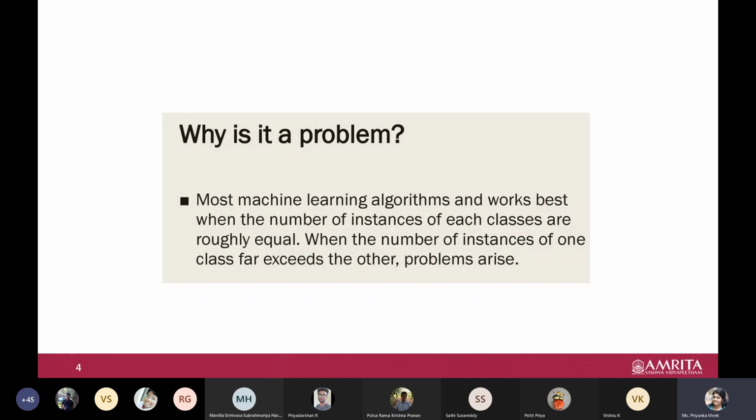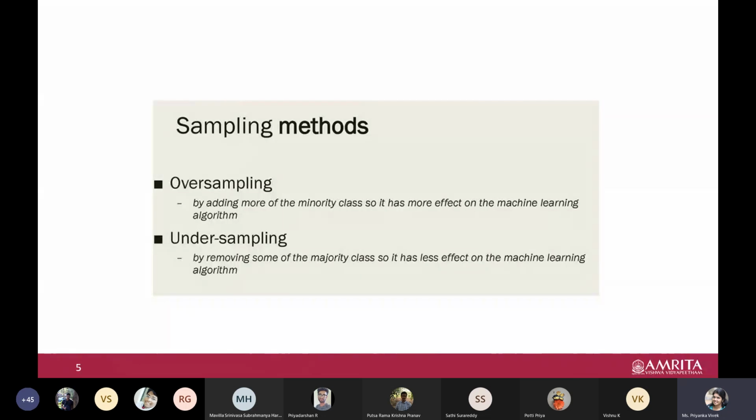In this case it is very critical, because we are actually misleading: the patient actually has cancer and we predict no cancer. But still our accuracy measure would be a good value, because we have a large number of samples in the other class. So your model tries to predict everything as no cancer, because we have more information with no cancer, and only very few samples for the other class. Everything gets predicted as one class, there is misclassification, and one class is not even predicted. This kind of issue might turn up when we have imbalance in our data set.